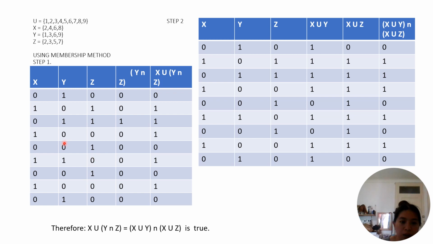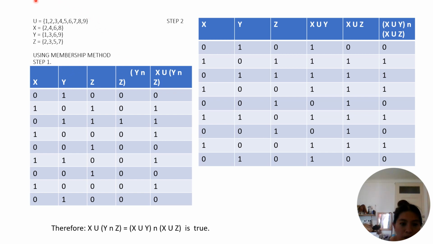So what I did here is I say, based on the universal set, instead of writing this, because we cannot solve this problem if we are going to use these numbers, we have to translate it into the true or false statement, or the 1 and 0s, because that's the variables that our elements that we are going to use in membership method. And to do that is we have to check if